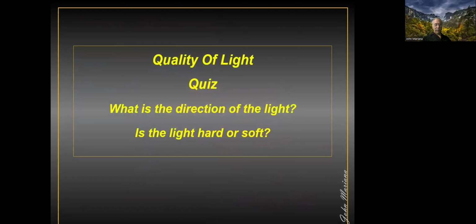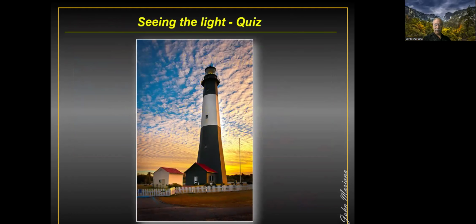Now, the quality of the light, always think about what's the direction and is the light hard or soft, the light itself. So seeing this situation,